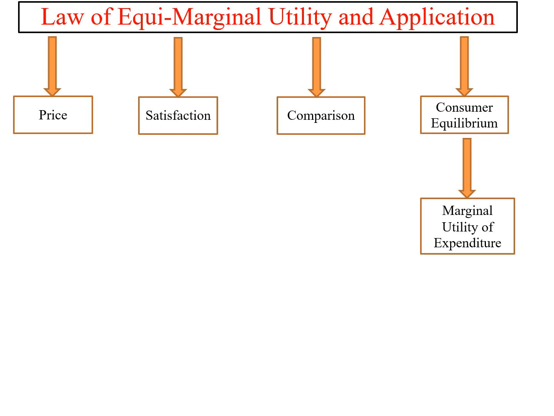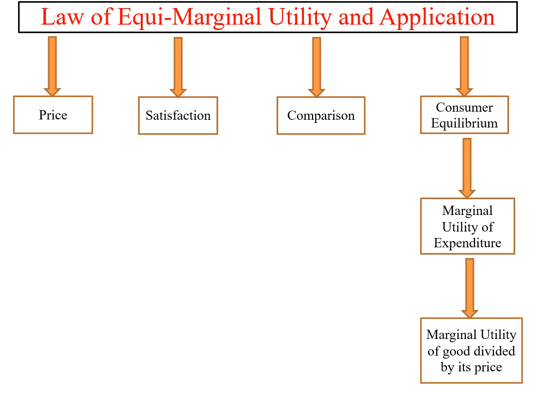Marginal utility of a commodity is directly connected with marginal utility of expenditure. Hopefully you have gone through my last video. I have highlighted that marginal utility of a commodity is directly proportional to price, and at the same time the marginal utility of the commodity divided by the price is nothing but the marginal utility of the expenditure. Now I will discuss how a rational consumer balances the marginal utility of the expenditure with the marginal utility of the commodity by price.